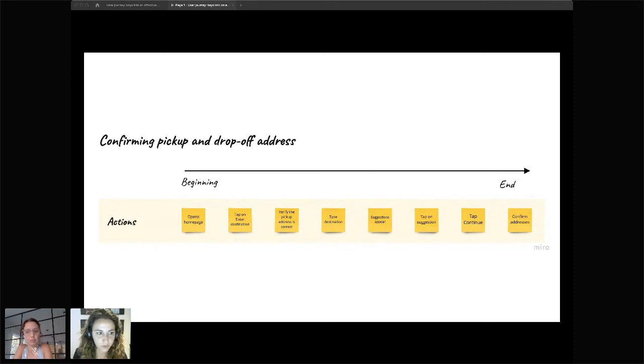Then I think you have 2 options. Whether you're doing a very zoomed out version of your map, so you're going to have one action, which is book a train, and then you have a swim lane that is dedicated to the touch point, and then you're going to have all the 4 touch points described there. That's an option. The second option is that you're zooming in and you're doing a very detailed